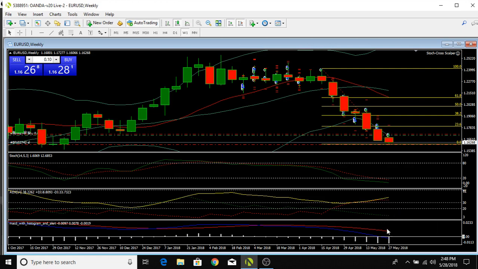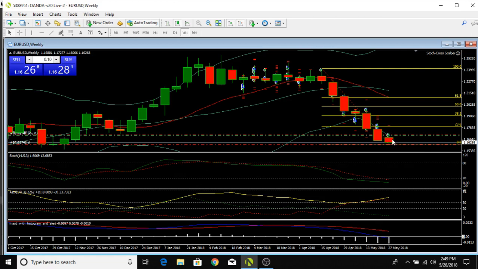And then on the MACD, you can see that the down signal was way back here, but it's still growing. If you look at the histogram, the space between the signal and the value, you can see the bars are getting bigger, which means the space between them is growing. So it still kind of looks like it wants to go down a little bit, but I just don't think it's going to go down that much this week.